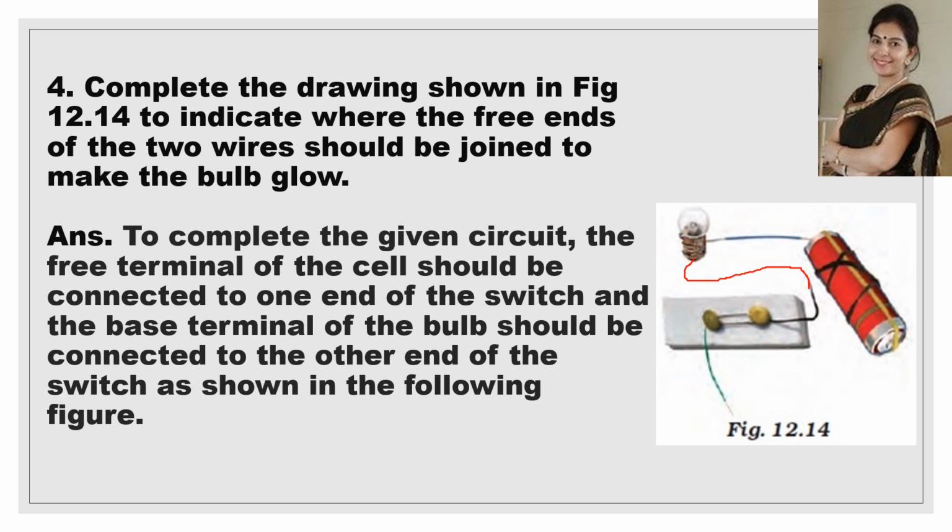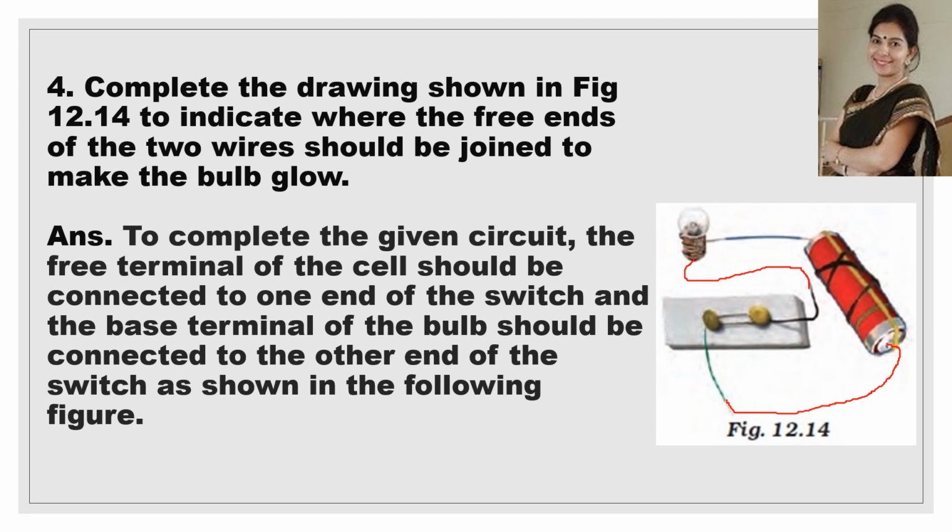And the other terminal, this wire should be connected to the bulb also. A battery, or cell, also has two terminals, at the metallic cap and the metallic disc, so it should be connected here. To complete the given circuit, the free terminal of the cell should be connected to one end of the switch.